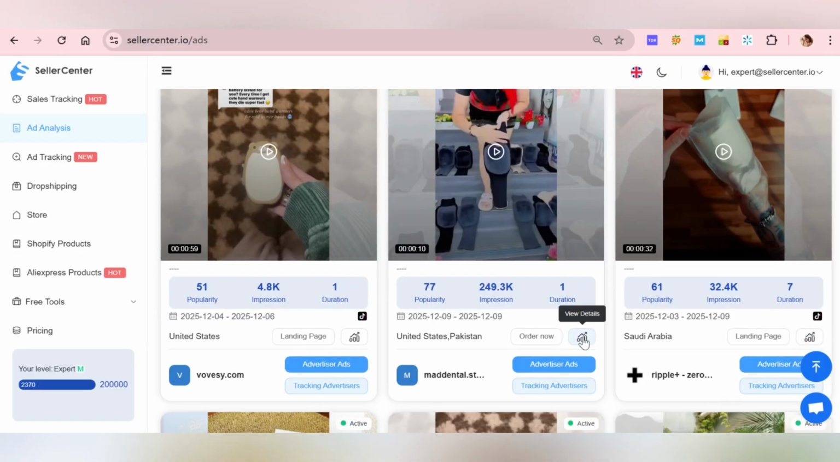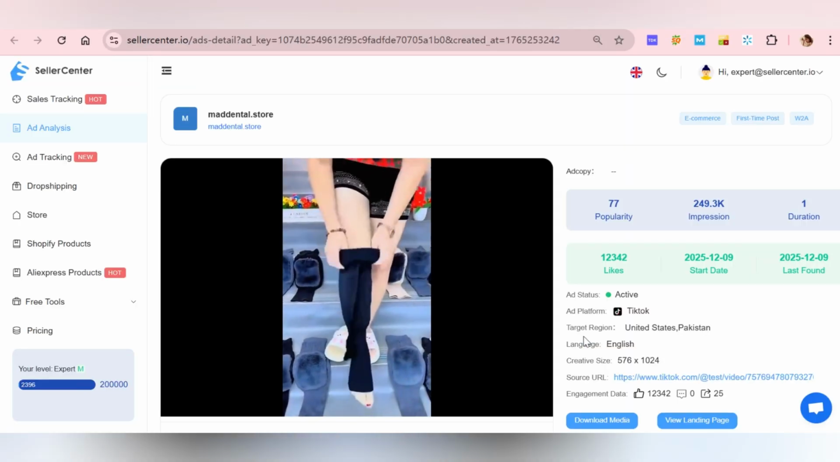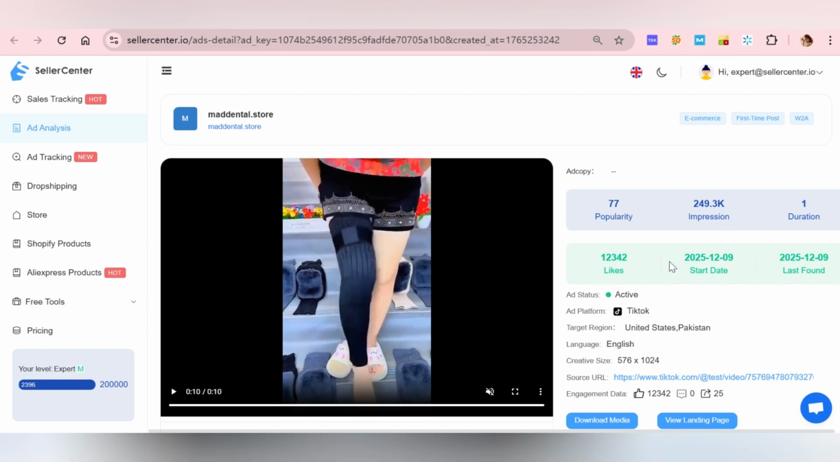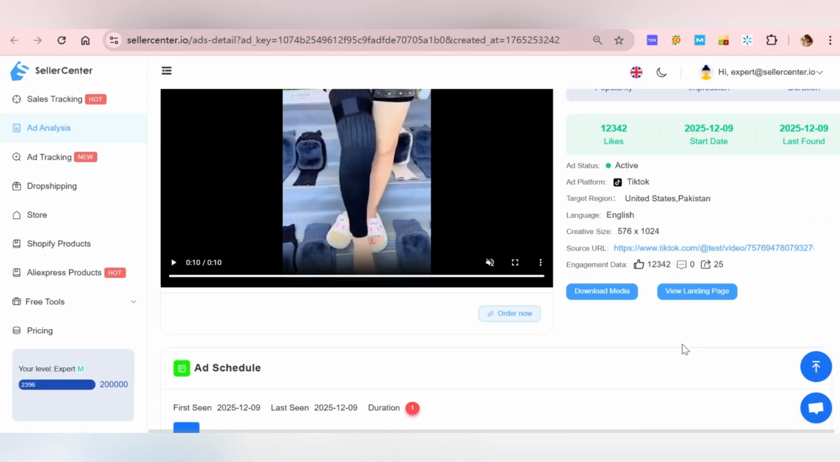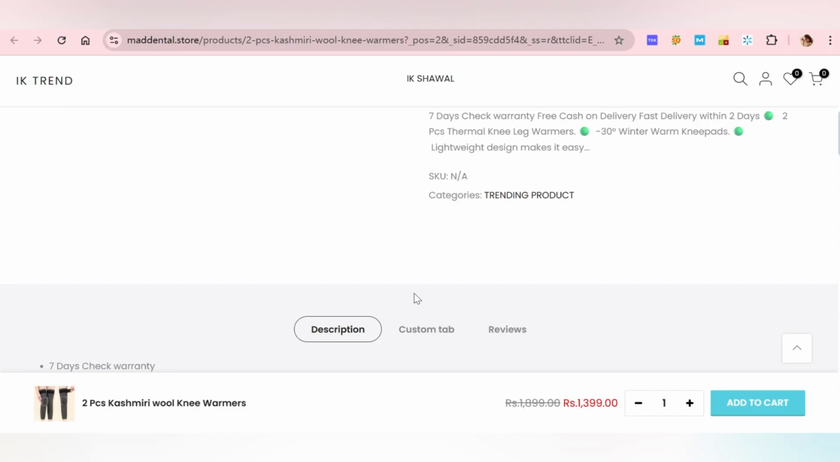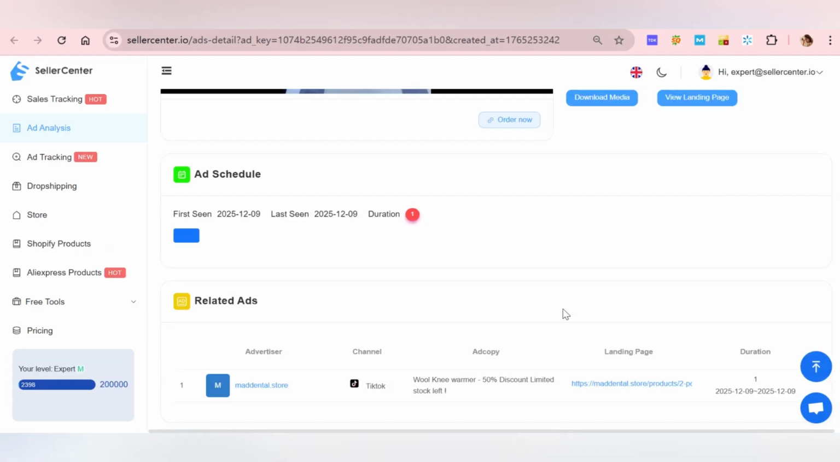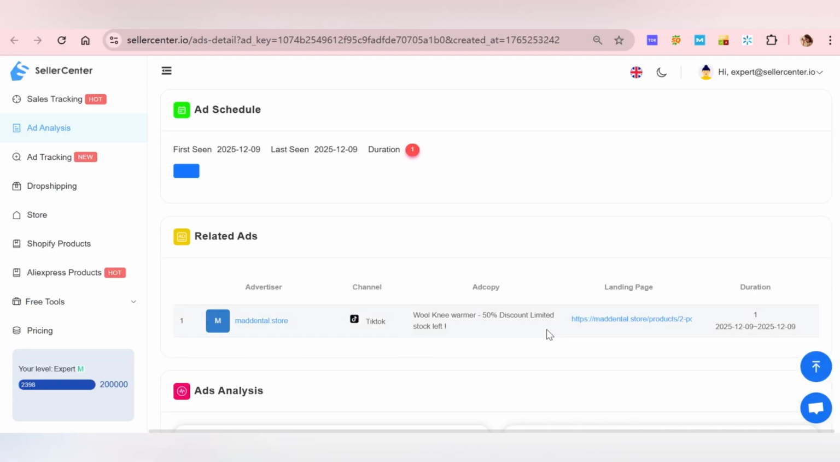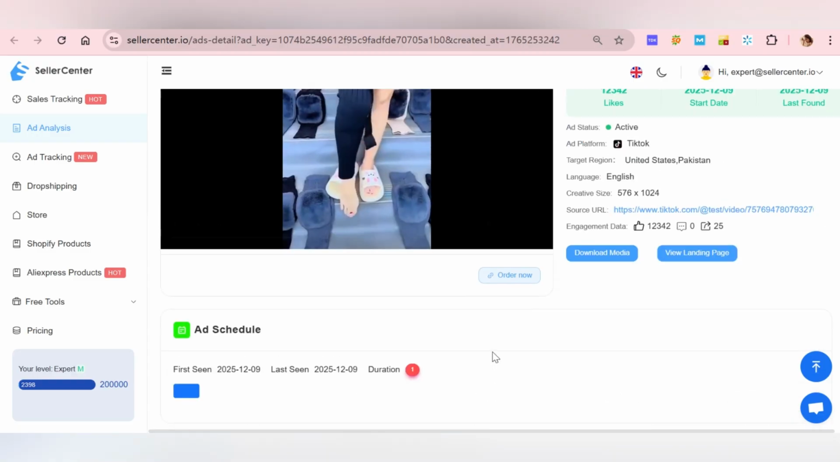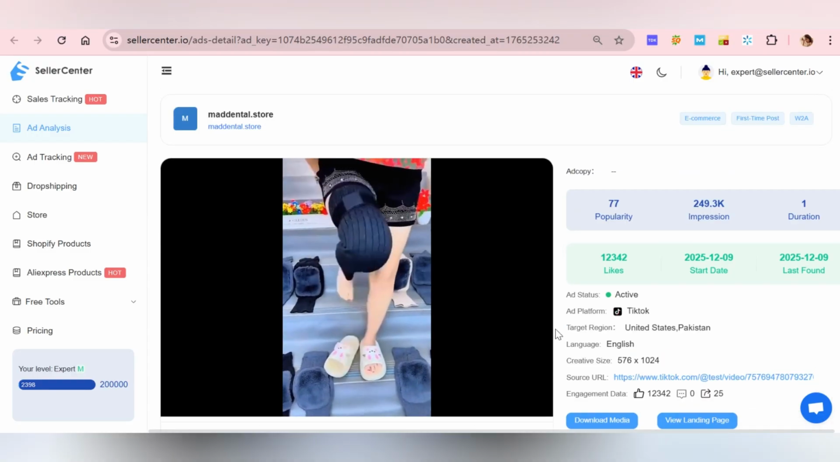Click into the ad to view full ad creative, popularity, impression, ad duration, likes, ad status, target region, language, creative size, landing page, ad copy. Winning products often win because of the angle, the demonstration, the problem they solve, the transformation shown, or